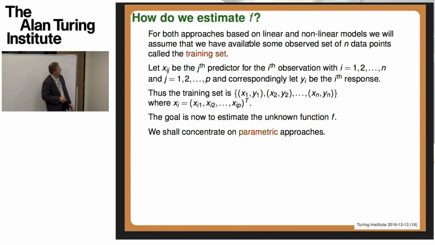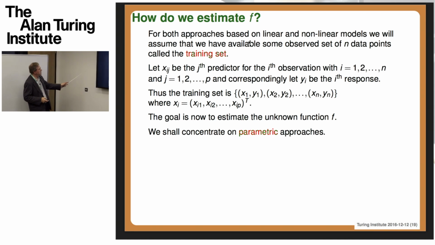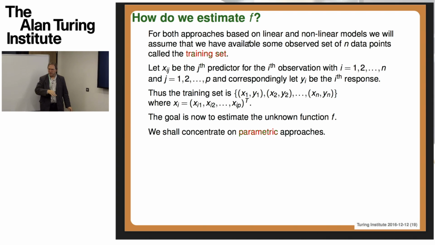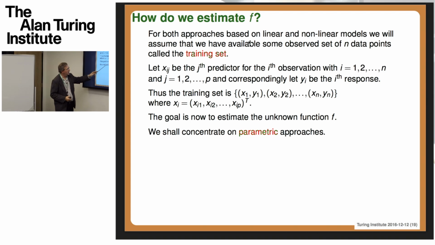Okay, so I think maybe what I could do is just very quickly walk through the idea of estimating parameters in a model fitting context. I'm conscious that we probably have seen much of this before, so I won't dwell on this too much, but just for notation at least, let's suppose that we're given a training set, which is a set of observations both of the predictors, x, and of a response variable, y. And we're given that for each of n individuals or n observation units.